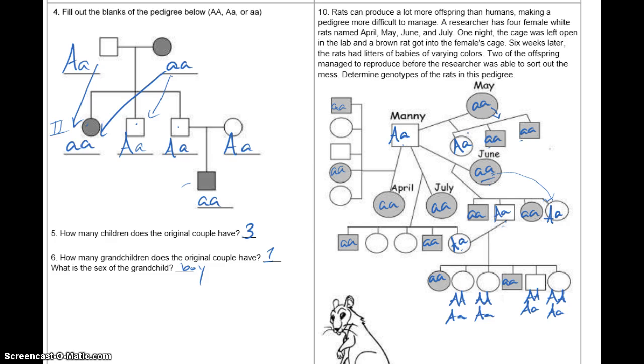Then as we sort of come over here to where Manny and April have offspring, just sort of moving counterclockwise now. We know that these individuals each have a big A because they are not albino, so they must have a normal hair color gene. And we know that they're also